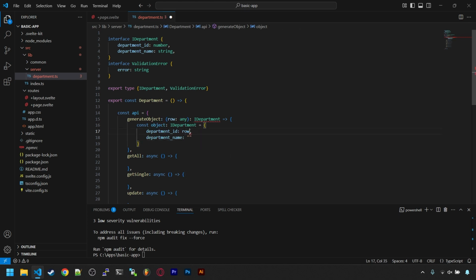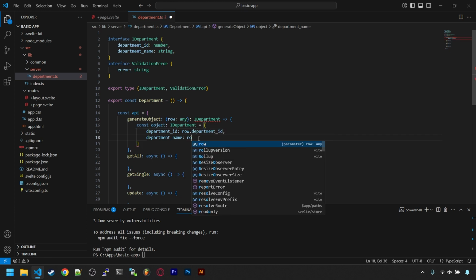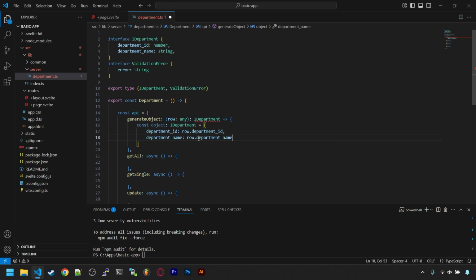And the purpose for doing this is to end up with a defined object. In this case, it'll be a department. And this will allow us to leverage the autofill that our editor can do. And it helps prevent errors, as the TypeScript checking will warn us if we're trying to do something that shouldn't